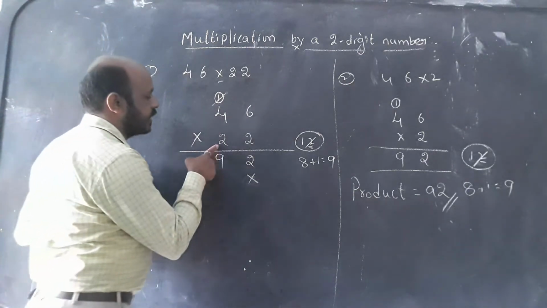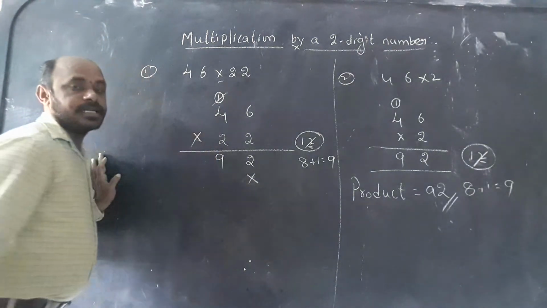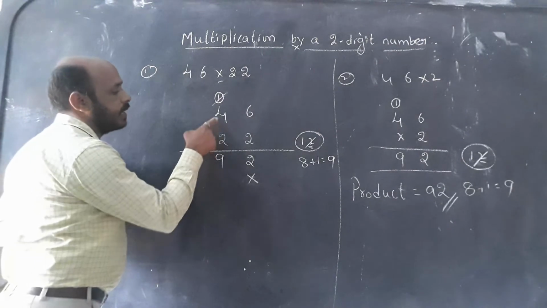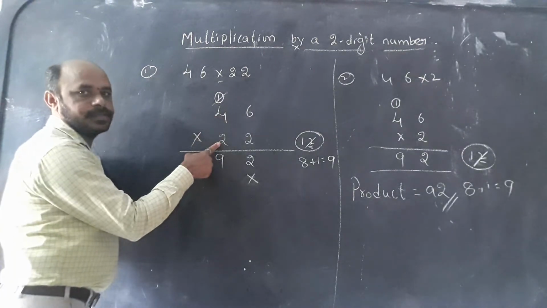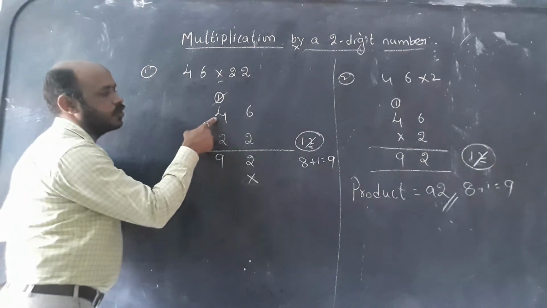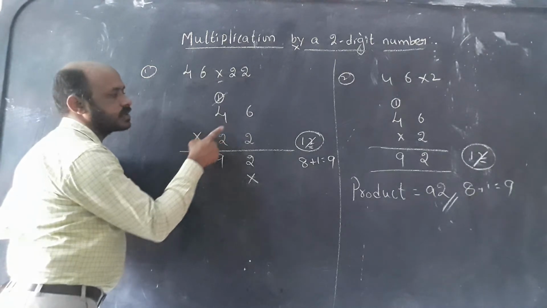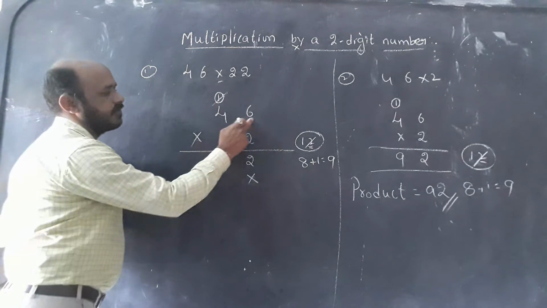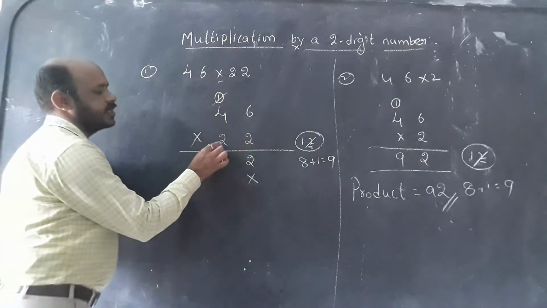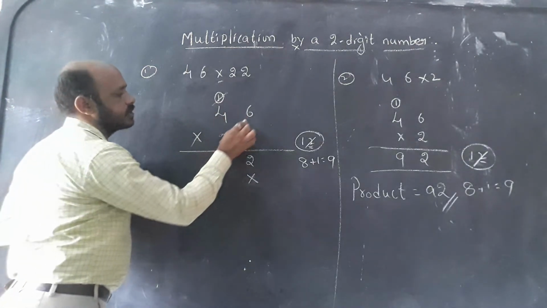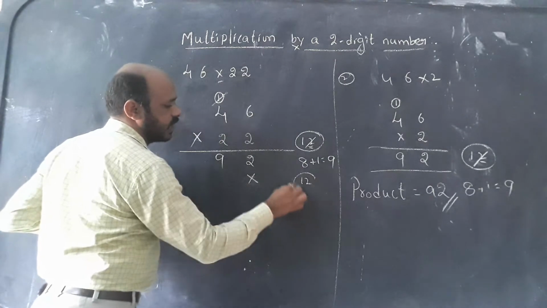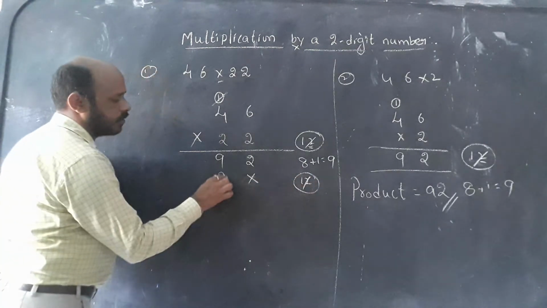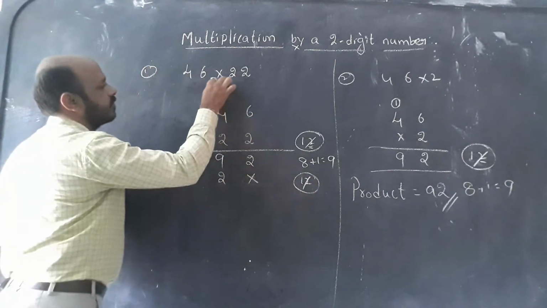See here, next we can start the tens place. Don't multiply tens place by tens place. Compulsorily we have to start again from the ones place onwards. Again it will be 2 sixes are 12. Again we got 2, we write it here, and 1 is carried forward to the number before it.